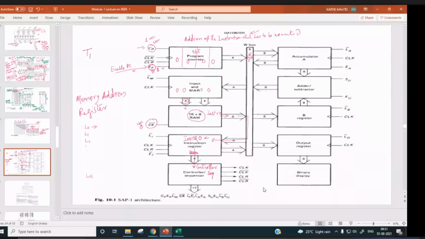From the instruction register it will go to the controller sequencer. So what is happening during T1? The program counter is going onto the bus and it is loaded to the MAR. During the T1 clock pulse, which control signals will be active? EP will be active, and LM bar will be active.